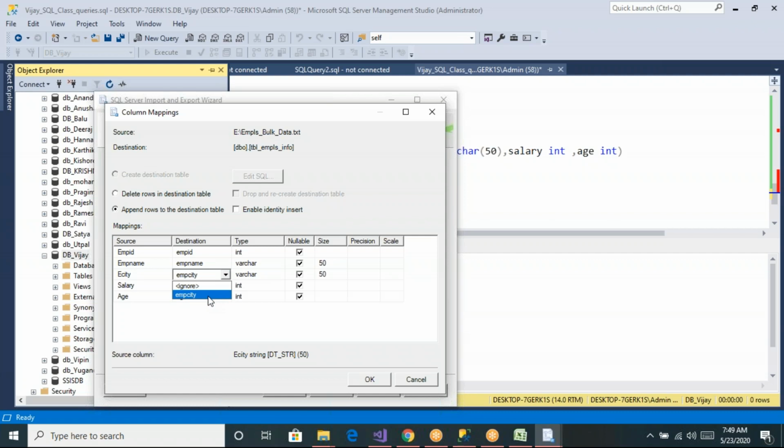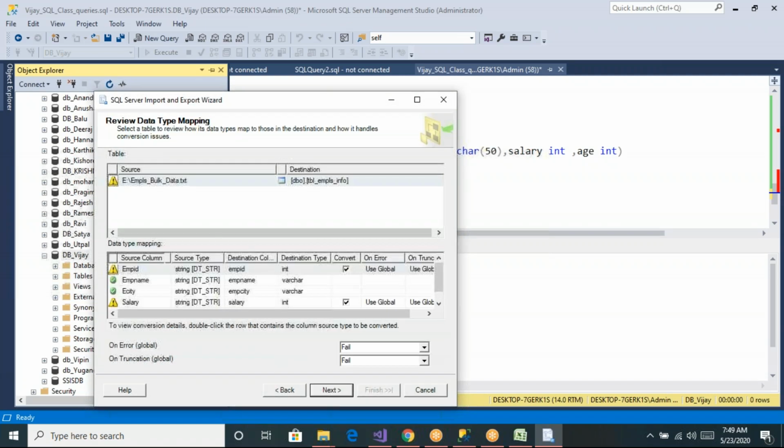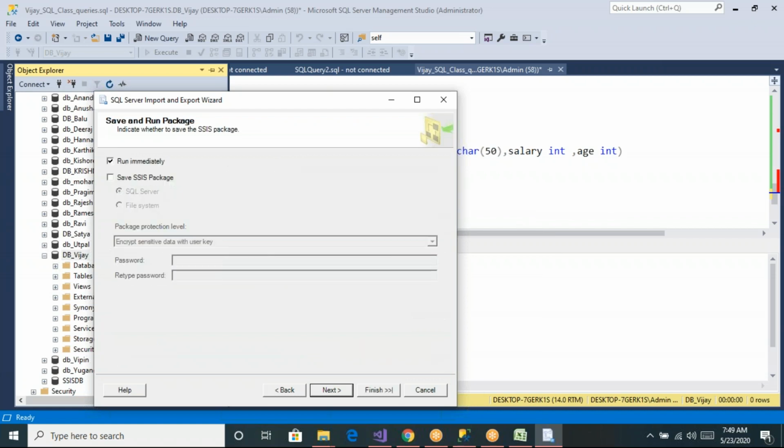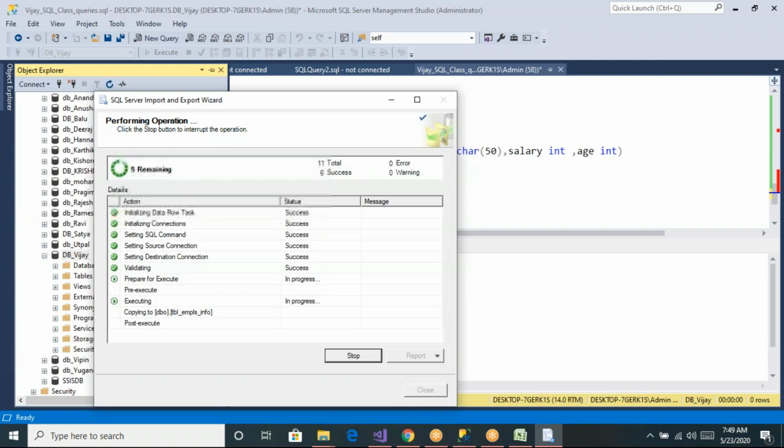So you can specify that you want to insert this city data into the EMPCITY column, like this. Now let us click on next. Run immediately. Yes. Click on finish. So we can load an existing table also like this.